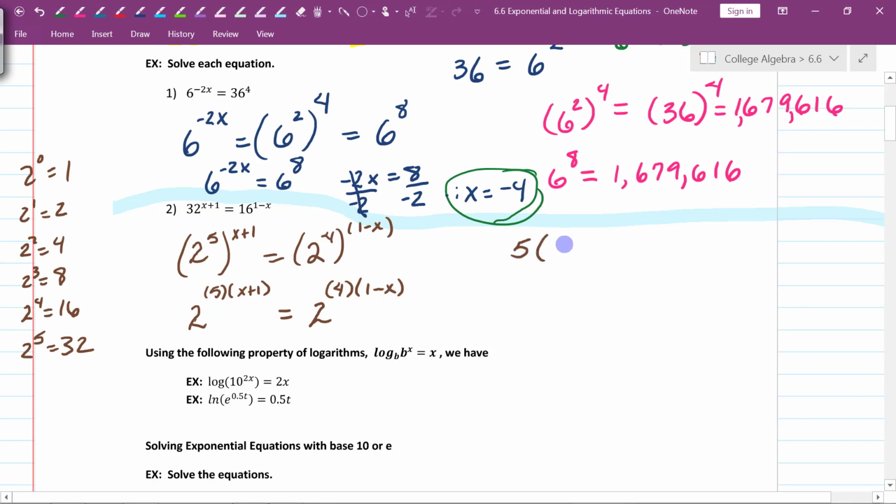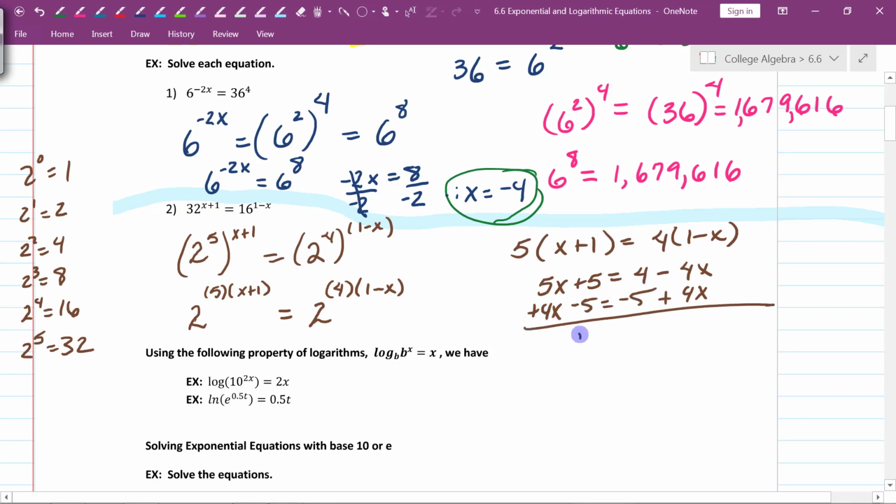Well, let's just write that down then. So it's 5 times x plus 1 is equal to 4 times 1 minus x. We're now going to distribute the 5 into the parentheses and the 4 into this set of parentheses. So I get 5x plus 5 is equal to 4 minus 4x. Solving for x, we're going to add 4x to both sides, subtract 5 from both sides, and we're going to get 9x